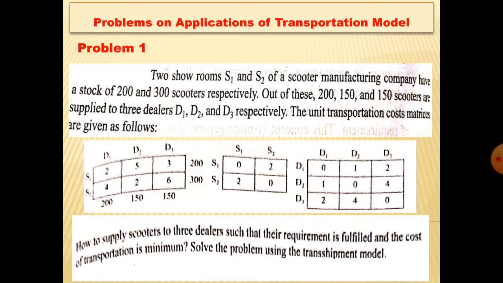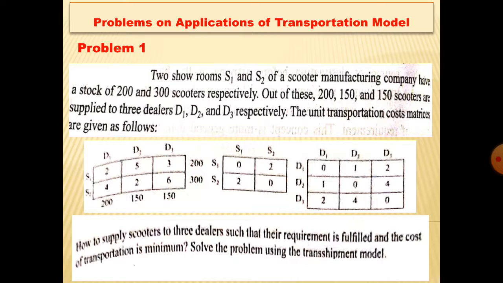According to your syllabus, northwest corner rule, VAM method, and least cost method are available. There are different types of basic feasible solutions available, but in your syllabus 3 methods are available. Most repeatedly they are asked in the question paper by northwest corner rule, VAM method, and least cost method. And after solving the different basic feasible solutions, we came to know that VAM method is more effective to reduce the transportation cost.